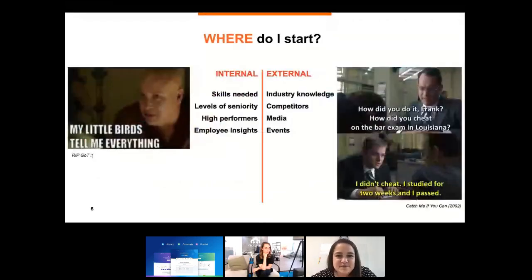So what kind of resources are you going to use to inform yourself? On the one side, we are looking at our internal environment. So from the business, your hiring managers, on a broader level, you want to know, and this is applicable to any hiring area, but since I'm a tech recruiter, I'm going to go into that. Internally, you want to know what are the skills required across your business. In our example, we're looking for Java, Scala, Go, Kotlin, etc.